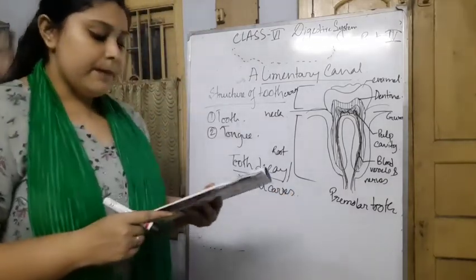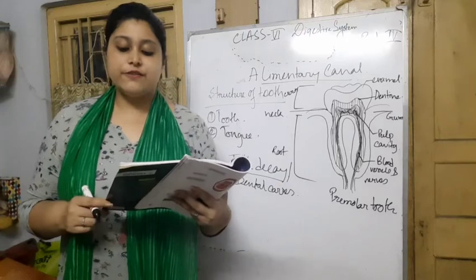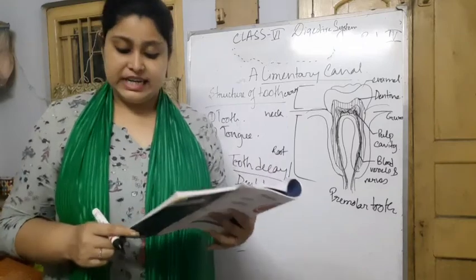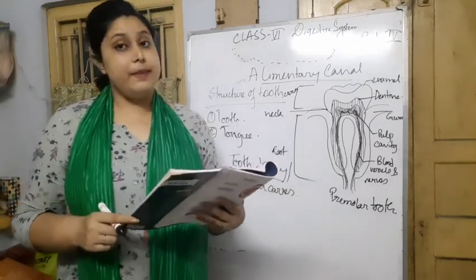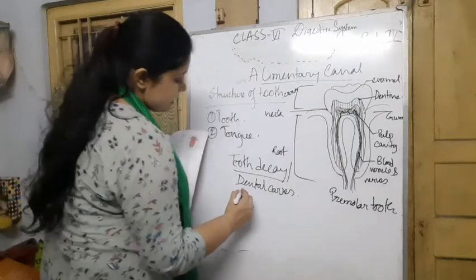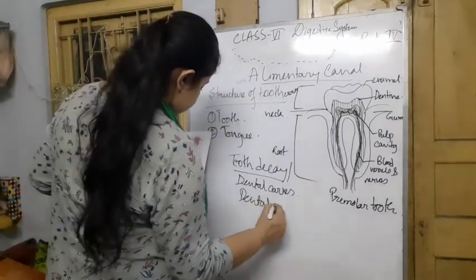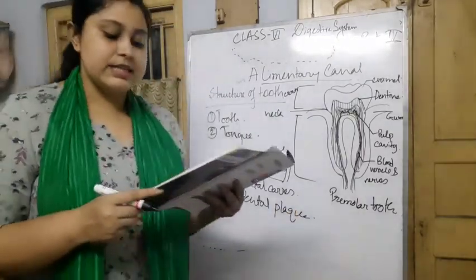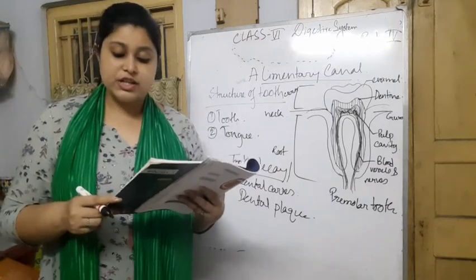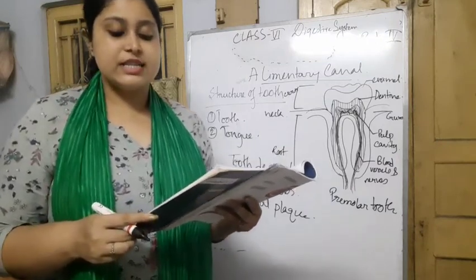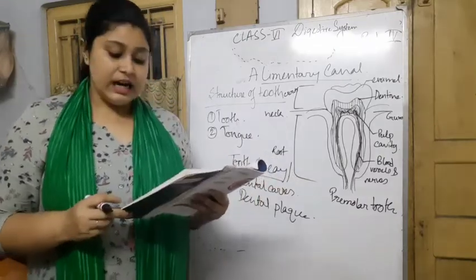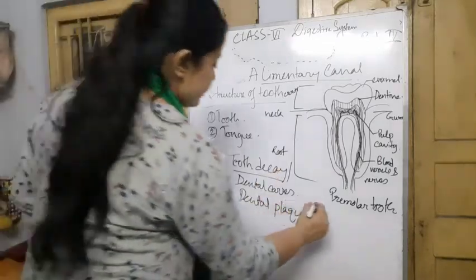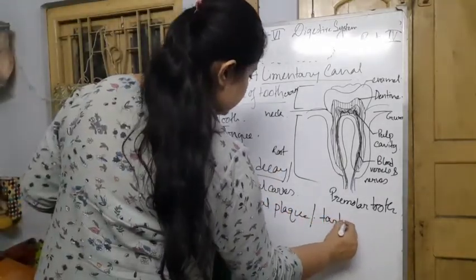Many a time, a mixture of saliva, food and bacteria begins to form over the teeth within half an hour of eating. It is known as dental plaque. So one new term is dental plaque. The bacteria in dental plaque cause infection, inflammation and decay of teeth, resulting in bad breath and pain. The hardened plaque is called tartar. When the plaque becomes hard, it is called tartar.